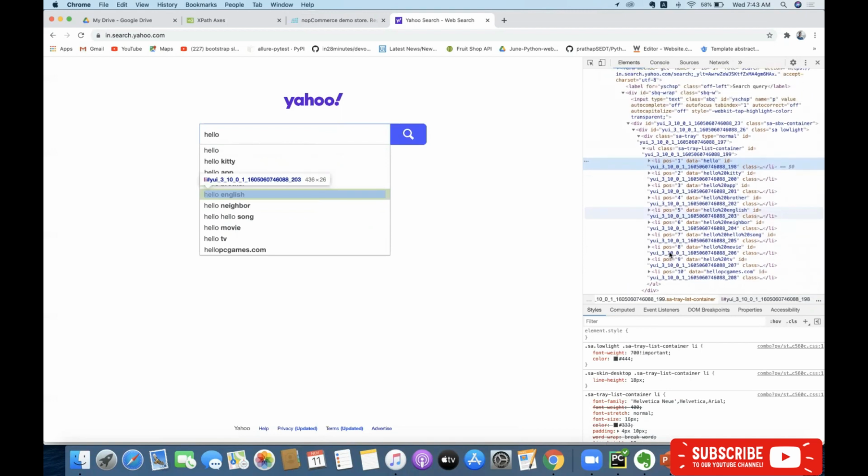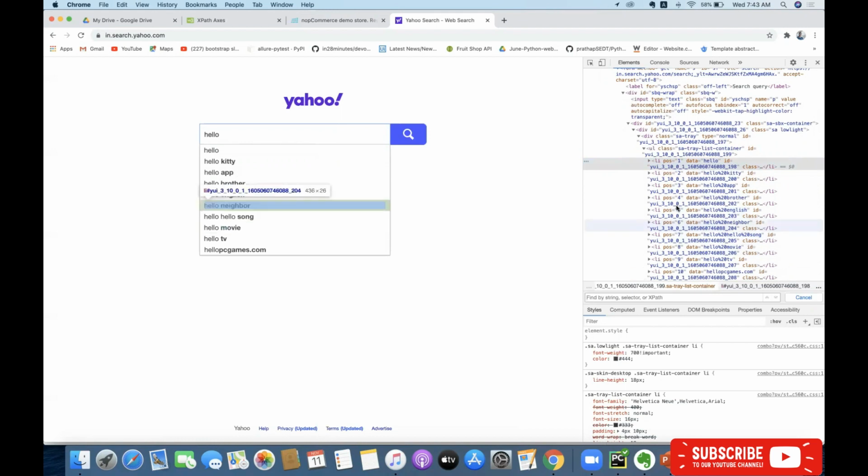Now I'm going to press Control F. Then I'm going to write my HTML tag. What is the HTML tag here? Li. Then I'm going to write starts with, open parenthesis, then inside the parenthesis, at the rate of ID, comma, YUI, in single quotes. So something went wrong.